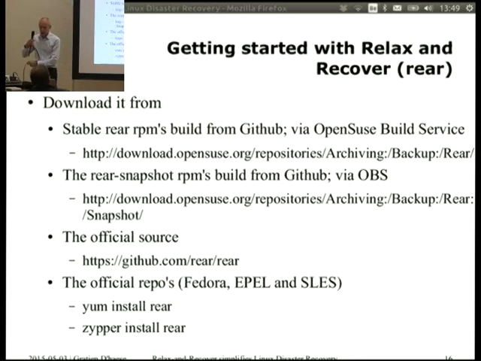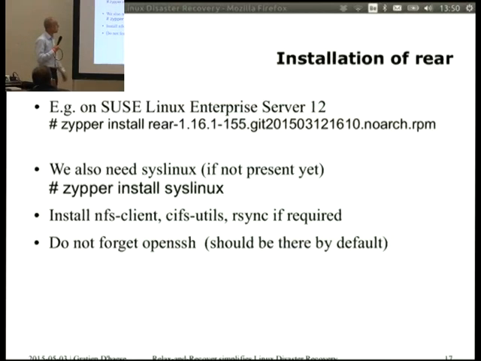Rear is also a very long time integrated in some official repositories, like in the Fedora ones, and also in SLES. By the way, in SLES it's already, I think from 2008, if I'm not mistaken, available as part of the high availability track of SLES. Albeit a bit behind. I'm working with Johannes Meixner to get the 1.17, which is still the latest release, in the new HA. So probably it will be in the new service pack. So with zypper install, you can just install it then.